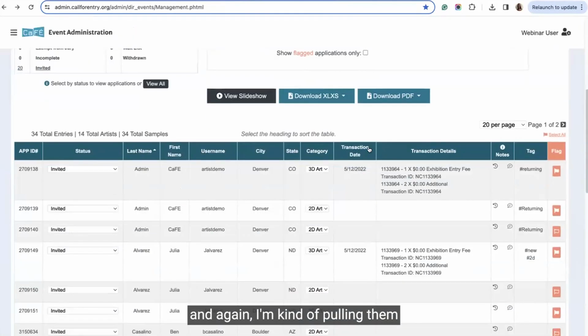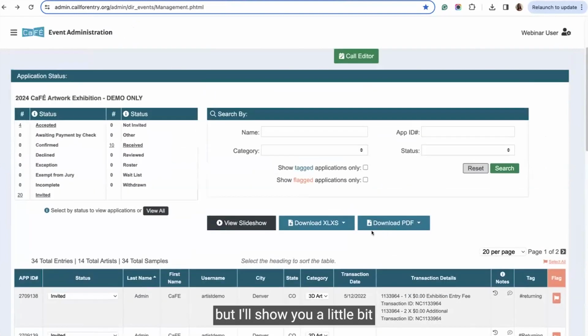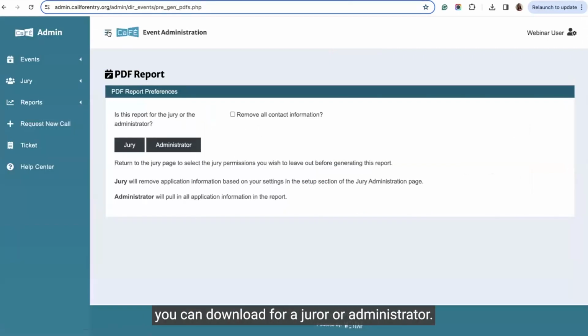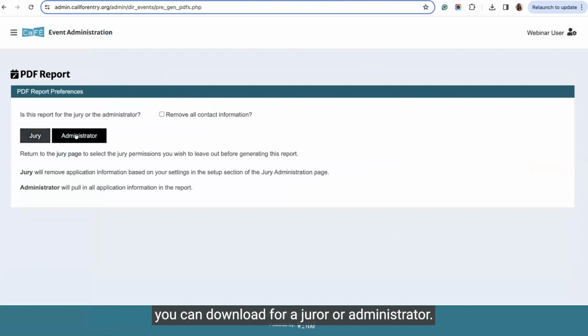And again, I'm just kind of pulling them for all of the applications, but I'll show you a little bit how this could be useful to pull individual applications. But first, the download PDF options, you can have applications and media inventory list. The applications PDF you can download as, for a juror or administrator. Basically, if you download this for a juror, that will keep the settings that you have in your jury, meaning whether or not the artist name should be hidden,